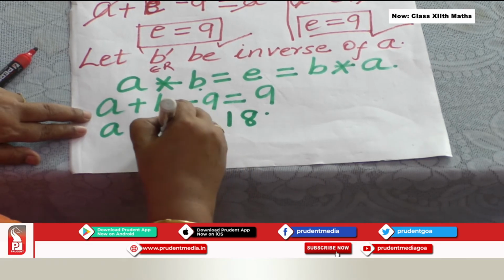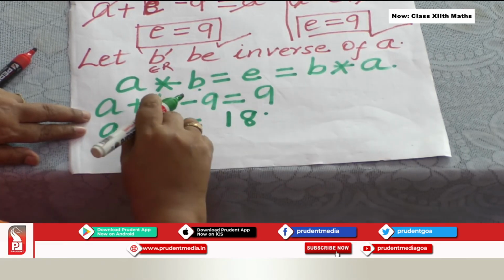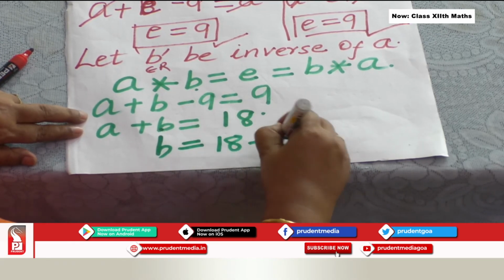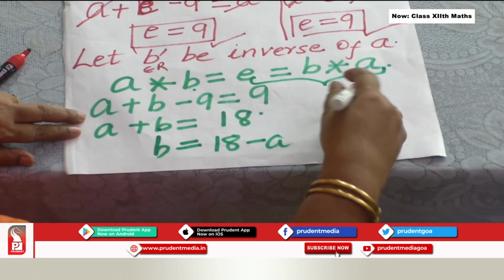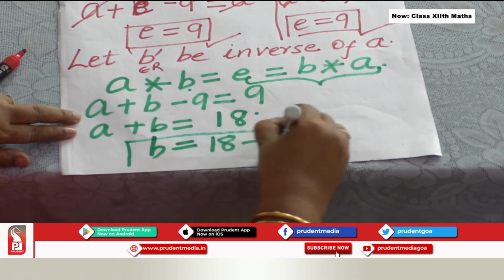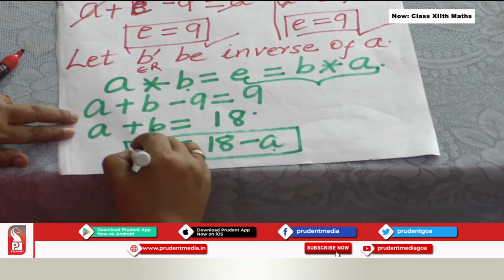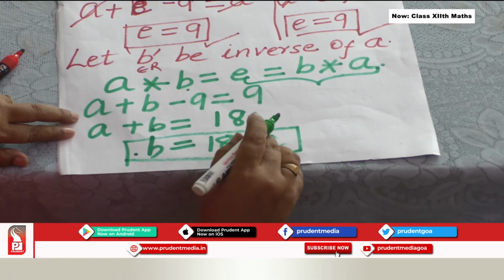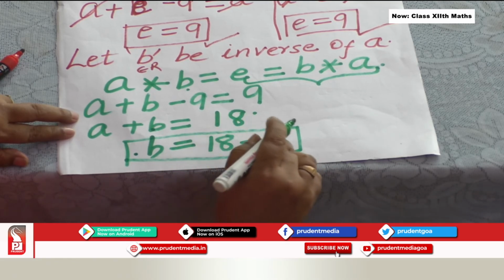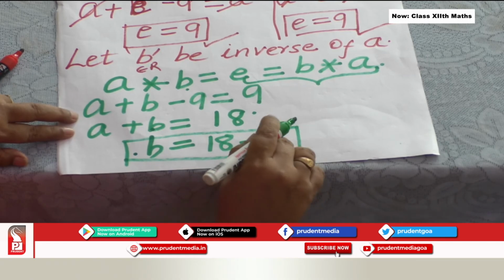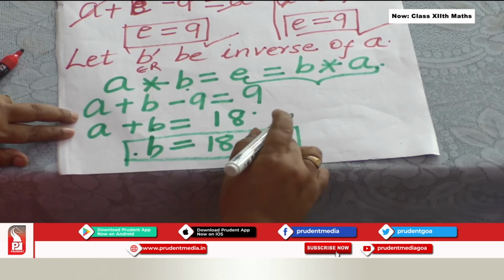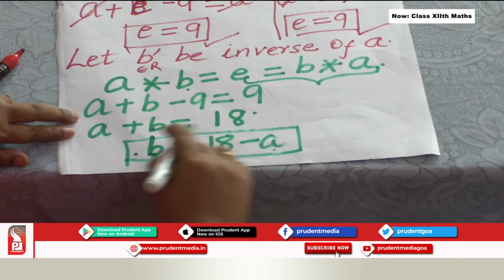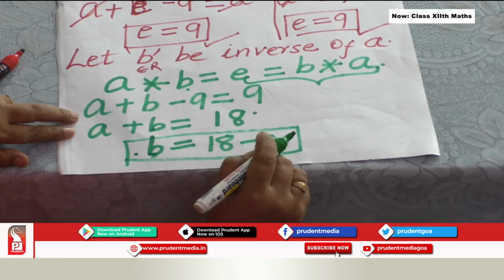Now we want B, we want the inverse of A, so keep B here only. So what is B? B is 18 minus A. Same way you can try this side, you will get the same answer. Therefore the inverse of A is B. Suppose you put A is equal to 2, what you will get here? You will get 18 minus 2, that is 16. So the inverse of 2 will be 16. You put the value, keep on changing the value of A, you will get the inverse of that number with this formula. Is it clear to you all how to find the inverse?